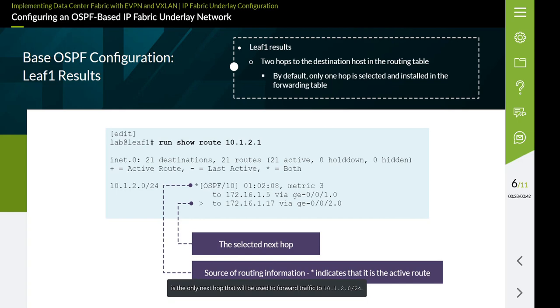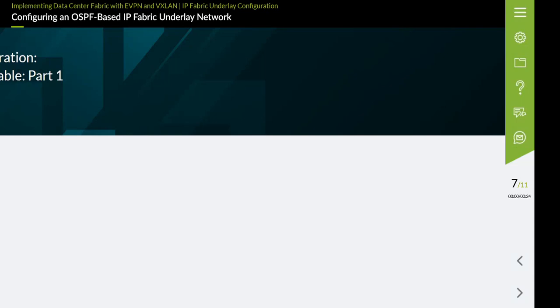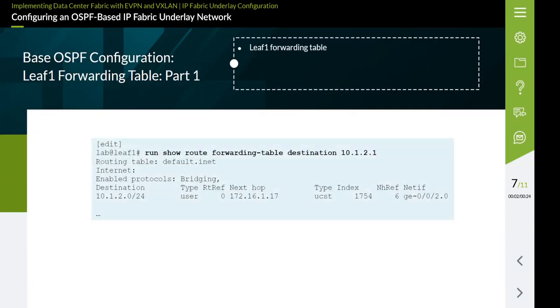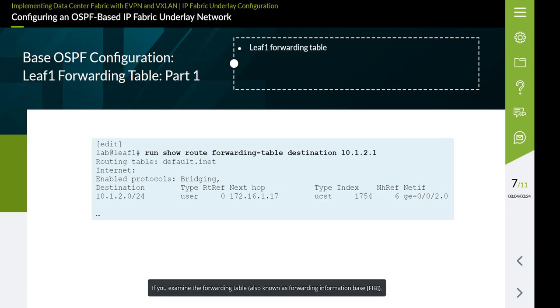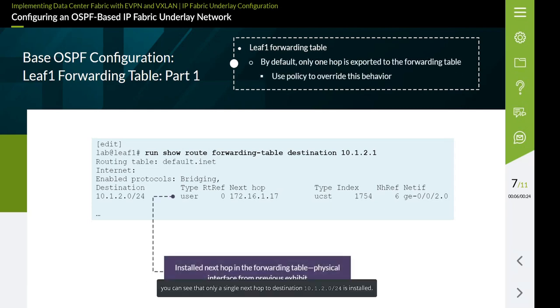ge-0/0/2.0 is the only next hop that will be used to forward traffic to 10.1.2.0/24. The alternate next hop, through interface ge-0/0/1.0, is a backup next hop. If you examine the forwarding table, also known as forwarding information base or FIB, you can see that only a single next hop to destination 10.1.2.0/24 is installed. This next hop corresponds to the next hop that was selected by OSPF as the active next